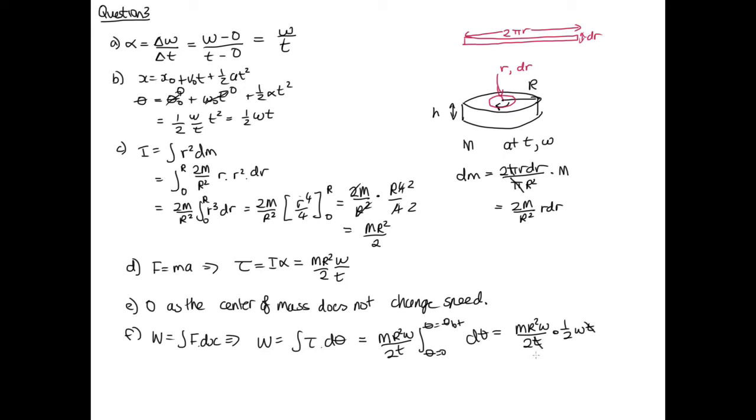So this t will cancel out, and we end up with mr squared omega times omega, so omega squared over 2 times 2, which is 4. So that's the end of that problem. Okay, so question 4,